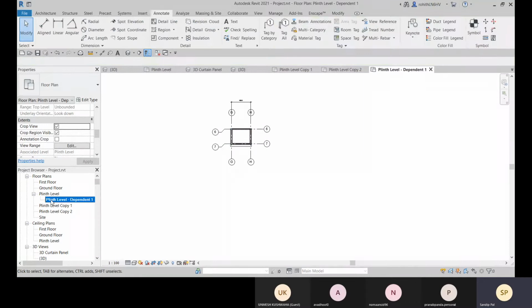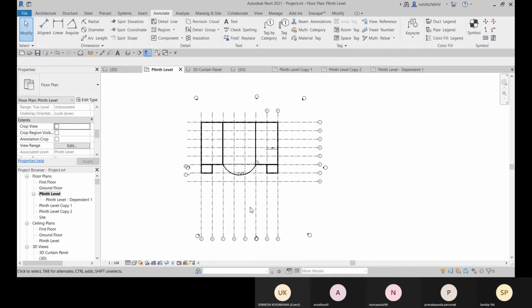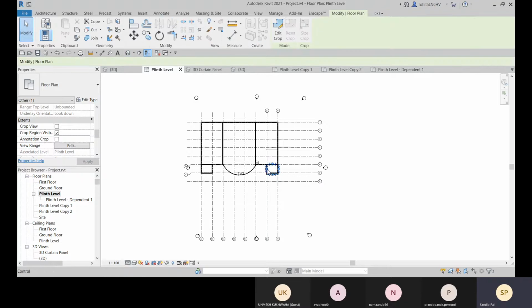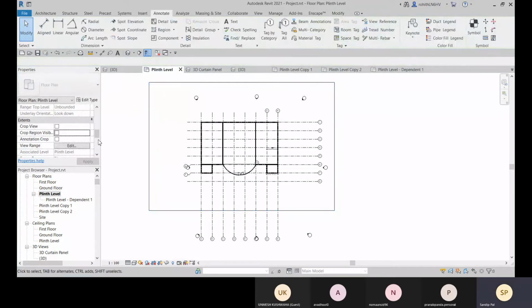Okay, so now here within this plinth level, I'll uncheck this crop view. Let me just change this crop region so that in future if I turn on this crop region, I'll get this original size, and then I will uncheck it.